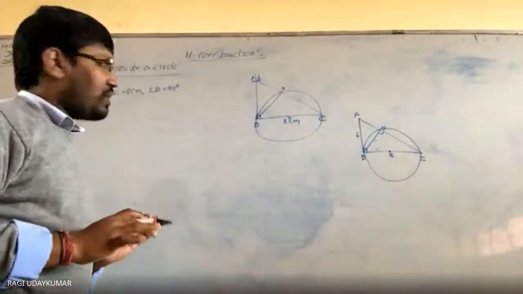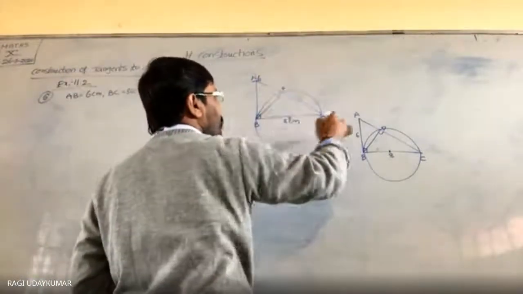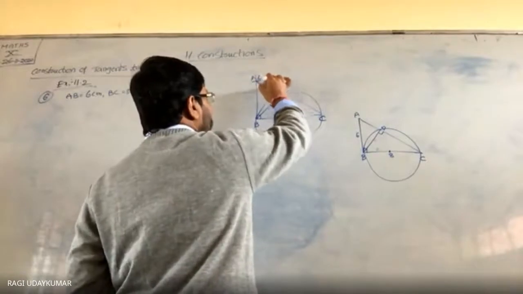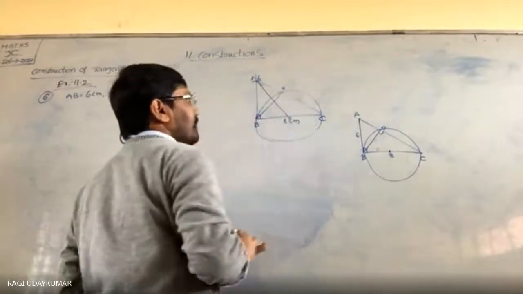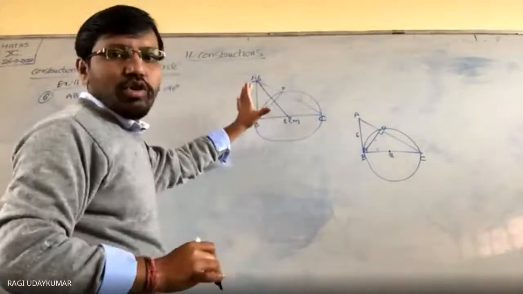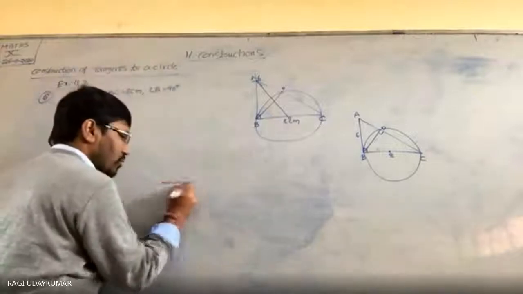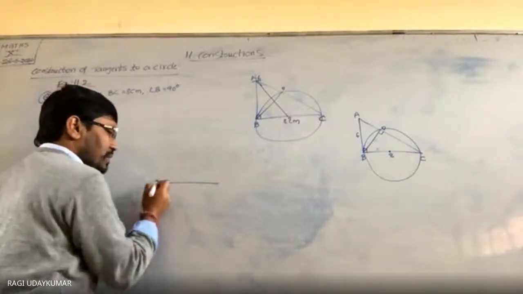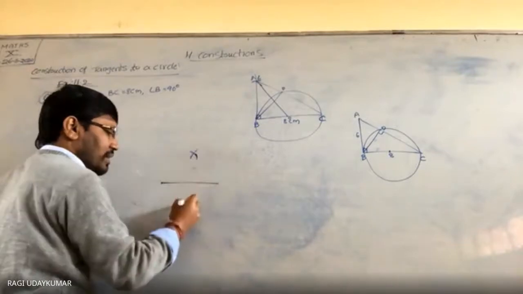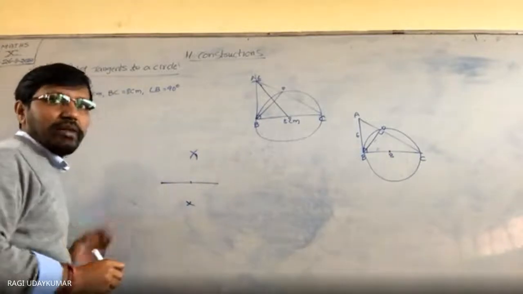Now we need to draw the tangents from the point A to this circle. So for that you need to join this A to O. And these two, find the midpoint. Sir, we don't know its measure. How do we find out the midpoint? Midpoint to find out. So any line segment, this one has a center, one arc here. This one has a center, another arc here and here. Join these two, here the perpendicular bisector.